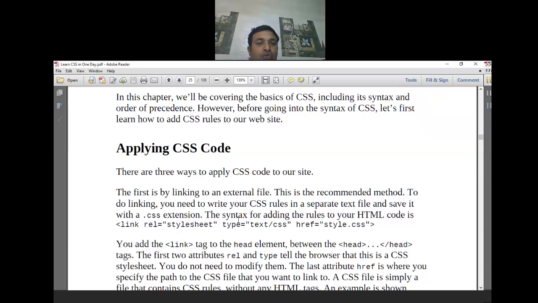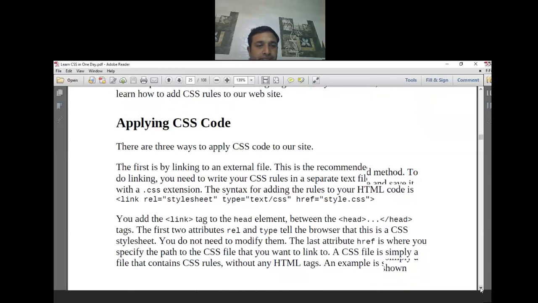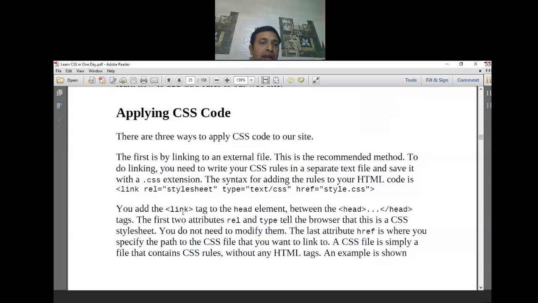So the syntax for adding the rules to your HTML code is that you can just use link, rel, type, and then href style.css. You add this link tag to your head element, between the head tags. The first two attributes, rel and type, tell the browser that this is a CSS style sheet. In HTML5 these are additional information and not required, it takes them by default.